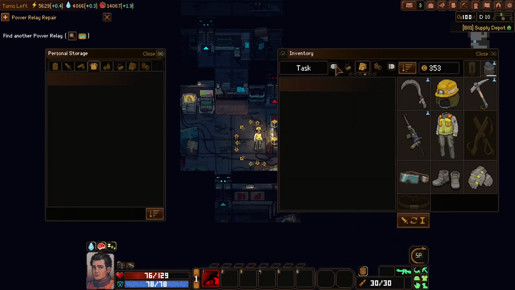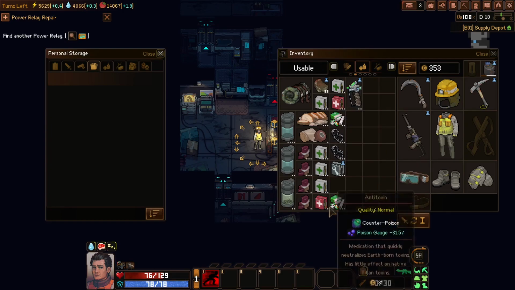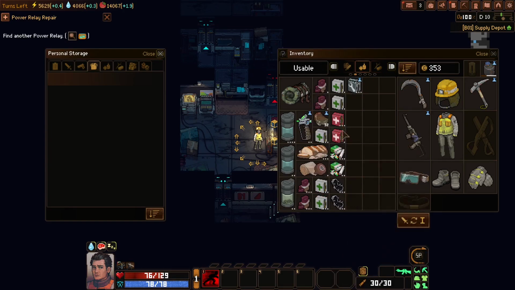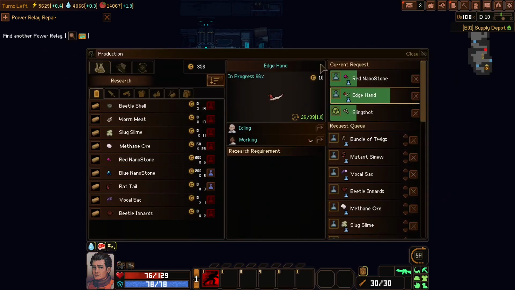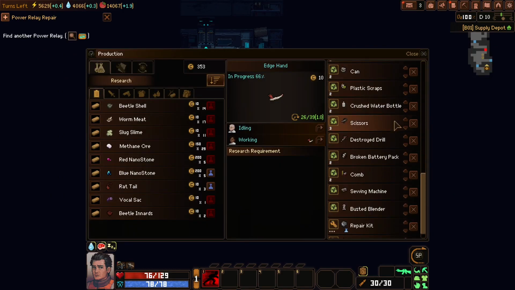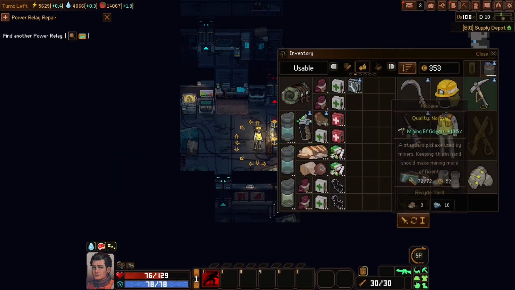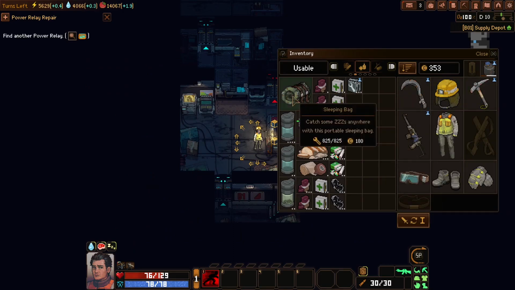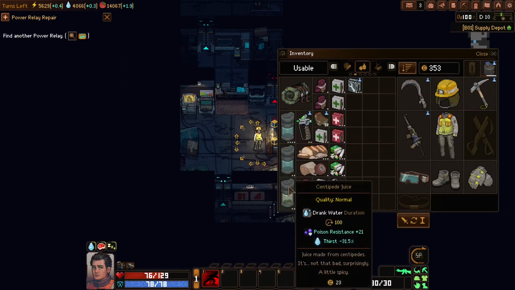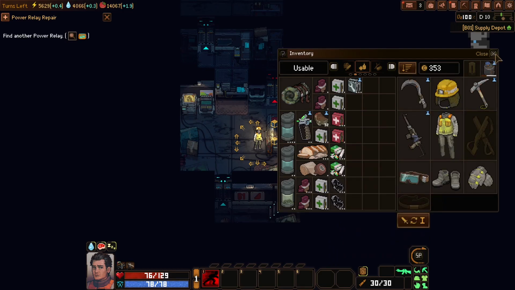How are we doing on medical stuff? It looks like we've got 4 uses of the best quality kits. Do we really only have 1 repair kit? I thought we'd have more than that. Didn't we schedule some to be made? We're recycling. Oh, wait. Yeah, okay, so we are crafting up some repair kits, so we'll have a few more of those. So, sleeping bag, water, food, bandages. So we should be pretty well set up to go back down, but